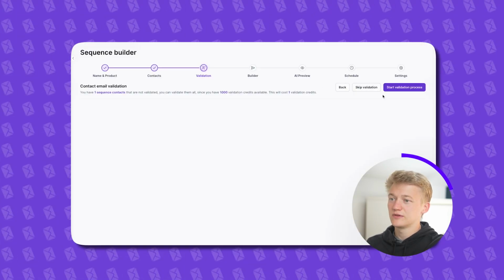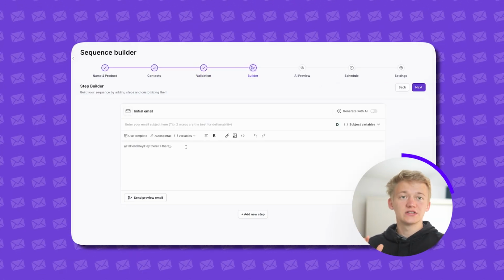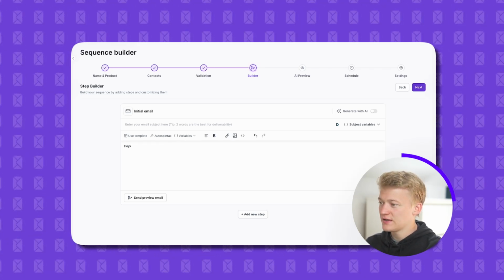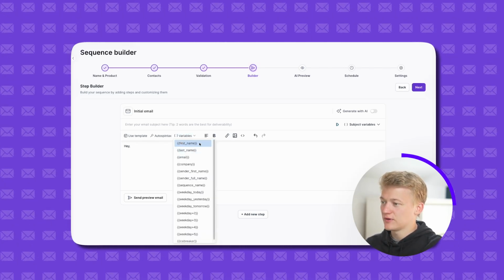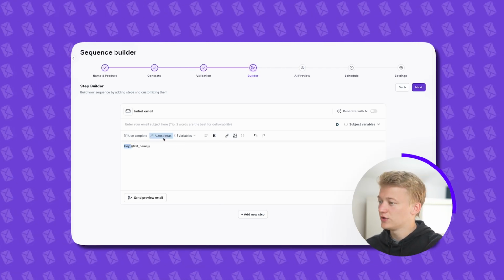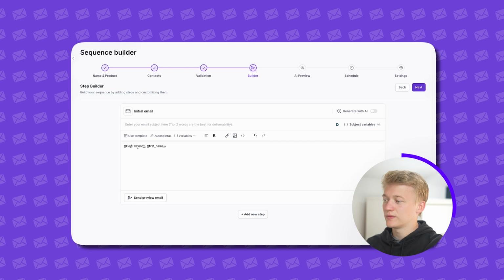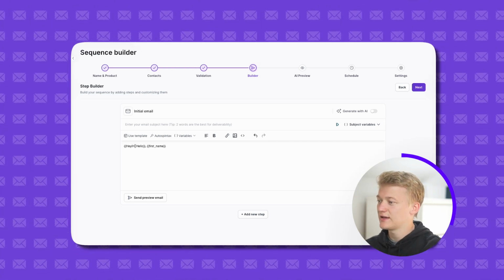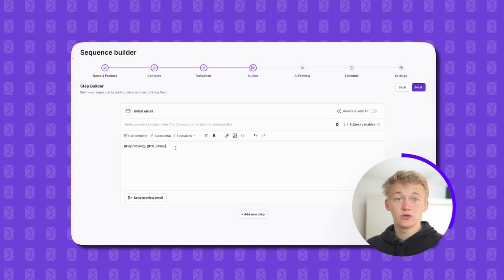For now, we'll skip the validation, and then we can start writing the emails. Now, in the beginning of the email, we just say, hey, and we add the first name to add some personalization. If you want to increase deliverability even more, you can add auto spin tags, which will make every part of the email that can be switched out with different words like hey, hi, hello,